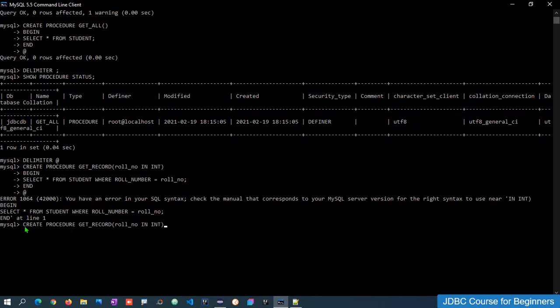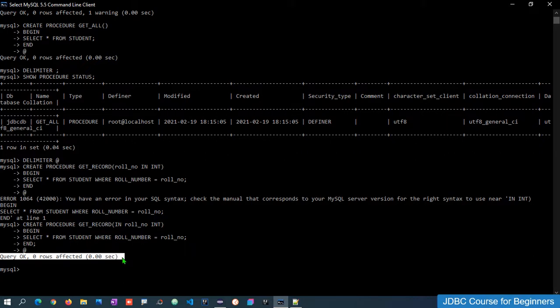So let me use create procedure, and then in, that is in roll no, then space integer, then let me give the begin, then select star from student, where roll number is equal to roll underscore no. Then we give end, and then this delimiter, and now the query is generated successfully. So now the procedure is generated successfully, and we can pass the parameter over here.